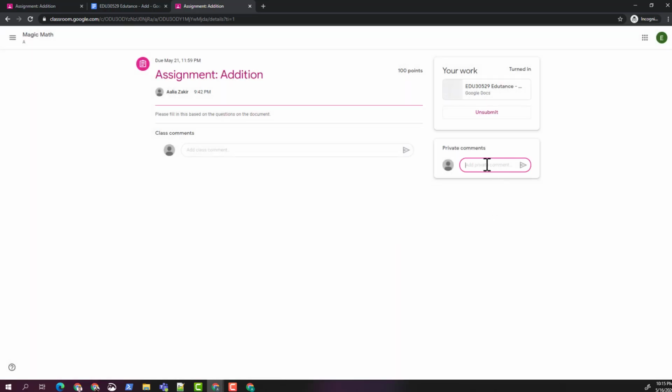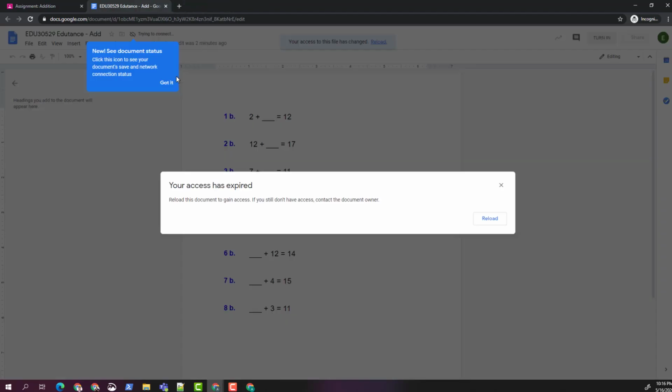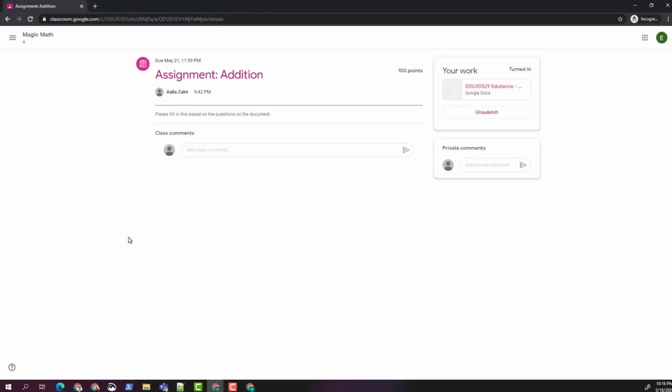Now here, the student also has an option to add a private comment, and this comment is only between the student and the teacher. So I will maybe say, hi there, I have some doubts on this assignment. I will simply say send, and the teacher would be able to see that private comment when they open the assignment. Okay, now I would close this assignment and close this as well, and I would now jump back into